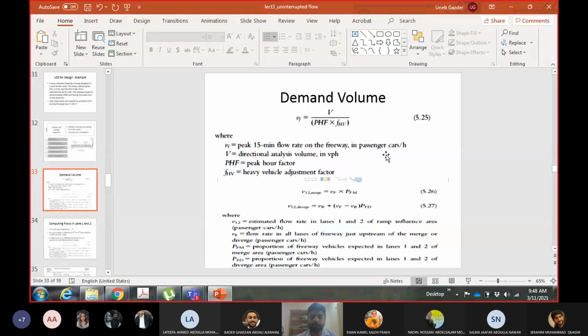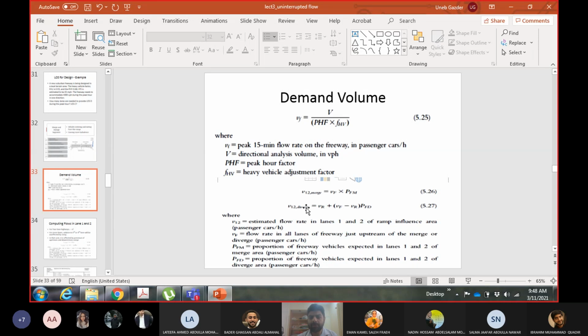So people who are not using the ramp, they are on the freeway and they are going ahead. People who are on the freeway, total: some of them will use the ramp, some of them will not use the ramp. Total flow on the freeway. Then we have these 2 equations which are for calculating number of vehicles out of the freeway flow rate. How many passenger cars will be in the immediate 2 lanes?